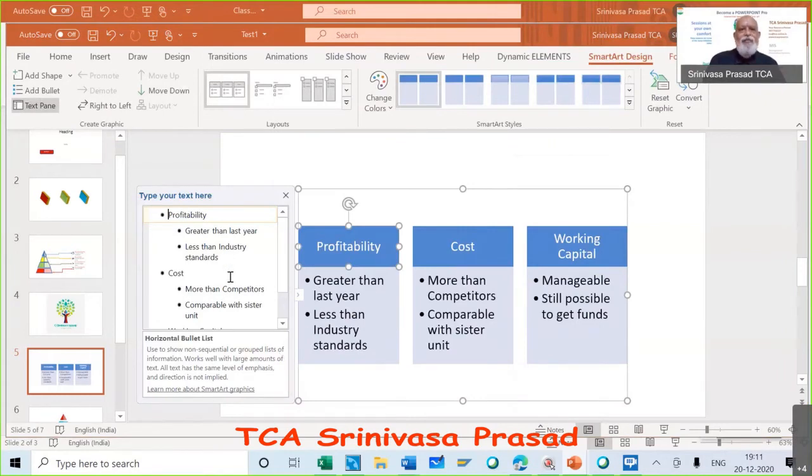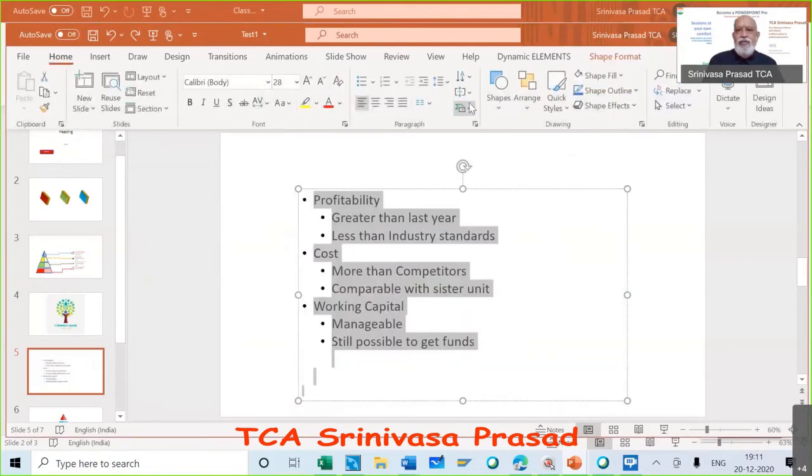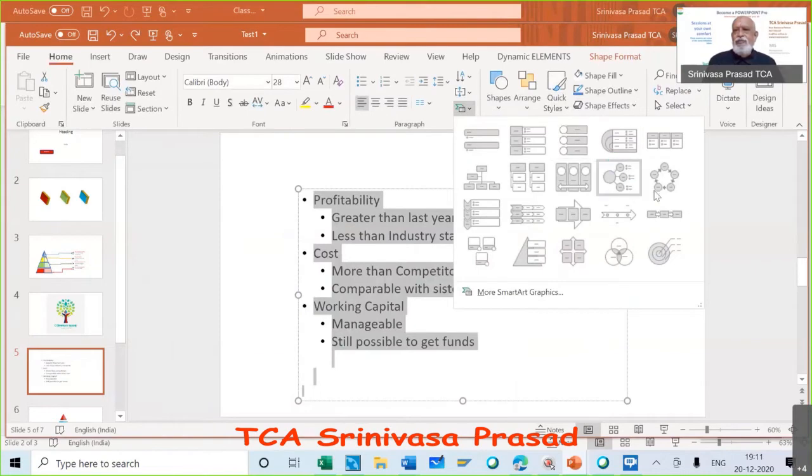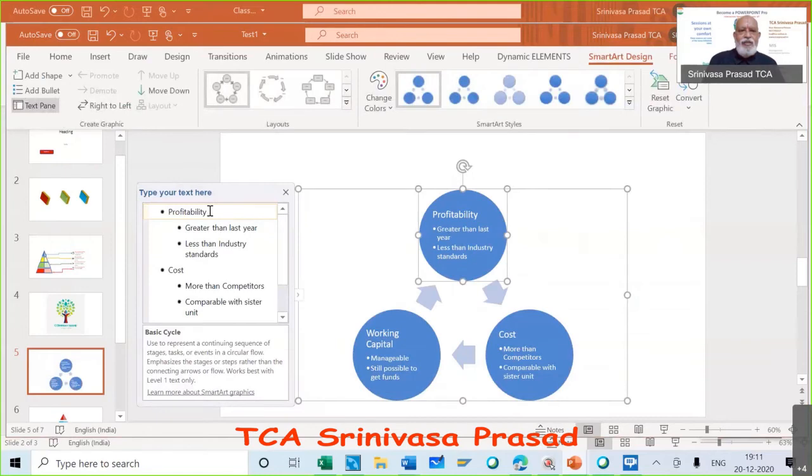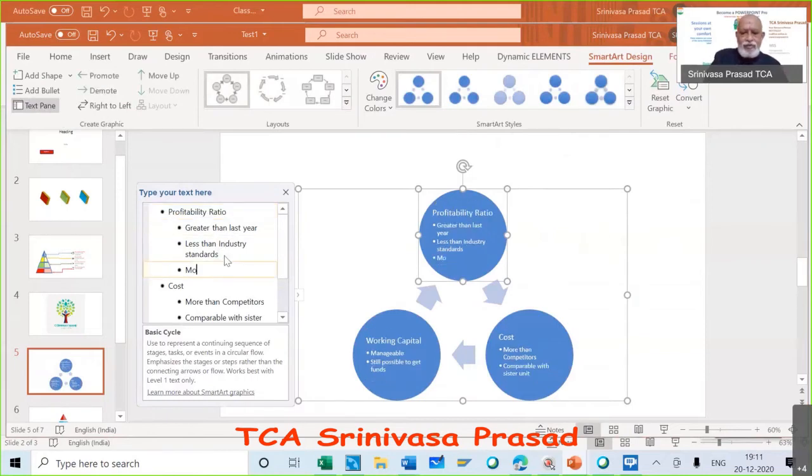And the best portion is, once you are ready, you need not worry about anything. You can simply go and be typing. Whatever you want to type, you can type. I'll show you. Now we go here, and then we come to this particular thing. Now profitability you want to change, so you type profitability ratio. So it has already come. You want one more here, you say more. The moment you click more, it is going to add more. Everything is done by the system.